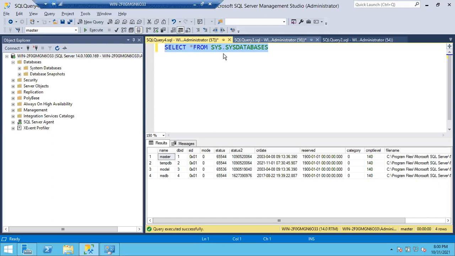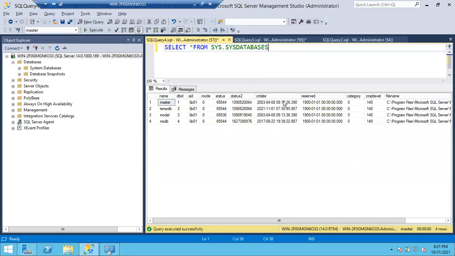This is called your query window, guys. This is your output pane. Whatever you run here, you can see the output here only. Whatever queries you are running, you can just drag it up and down however you want.